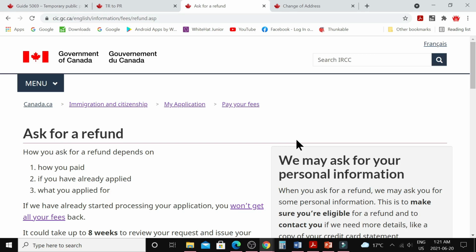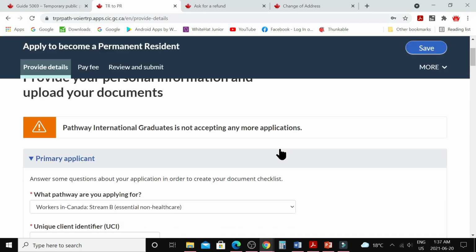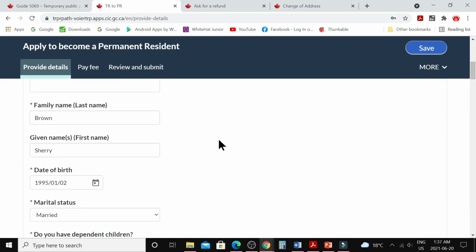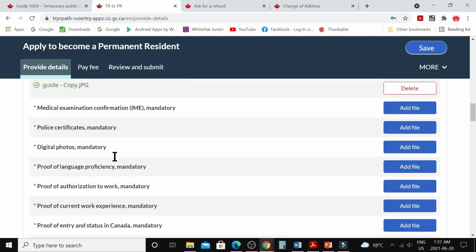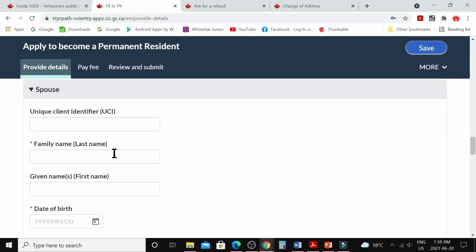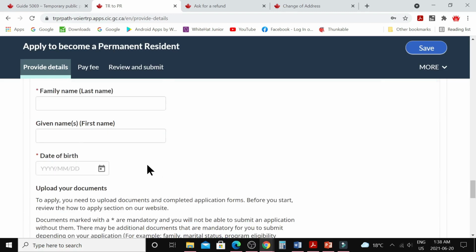treat that incompleteness. Next is the most asked question: what documents are required for family members or dependents if they are not accompanying you to Canada? For that, just log in to your account, and once you select here that you are married and you have children, you can go down and you will get a separate document checklist for your spouse and for your children.